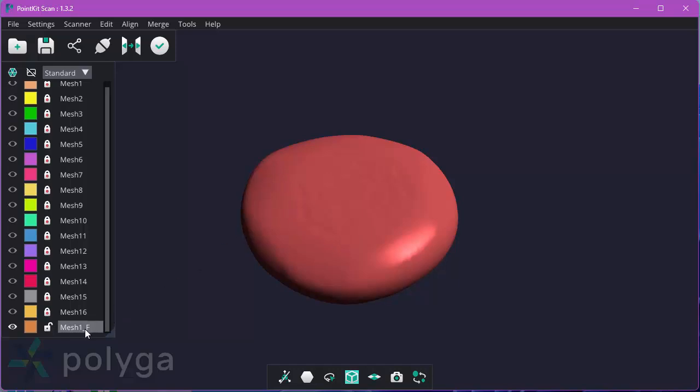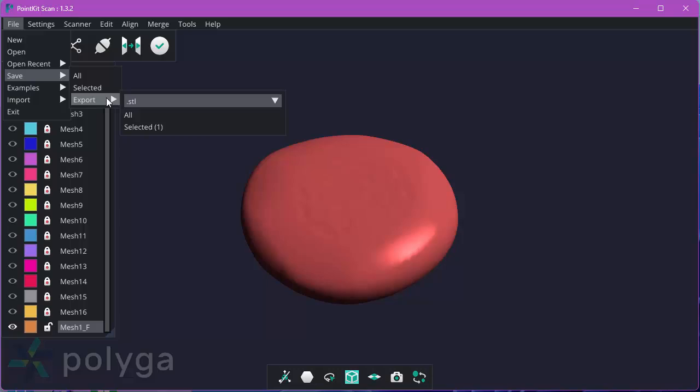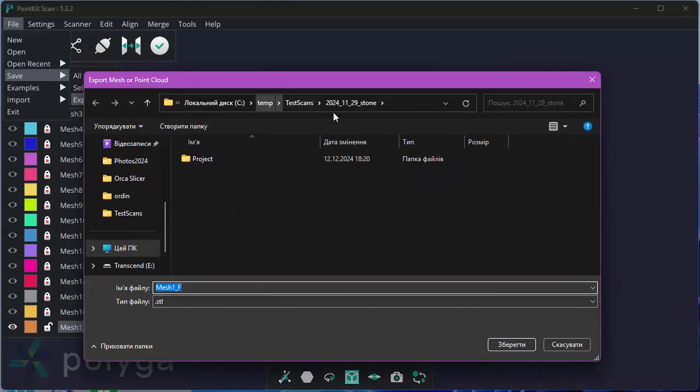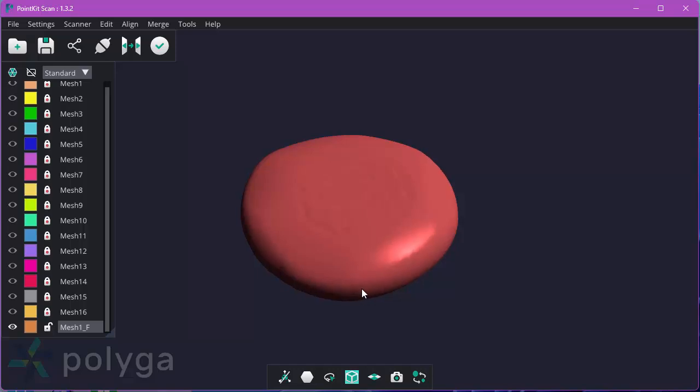Now, how to save this file? We select this mesh. You see, it's not selected. Make sure that it's selected and navigate to File, Save, and select Export. Now you can select the extension for the file you want to save, and select this item. Now you can select the path to the folder where you want to save and click Save. That's it. You receive your mesh and you can use it in any CAD program, Blender, or whatever you want,